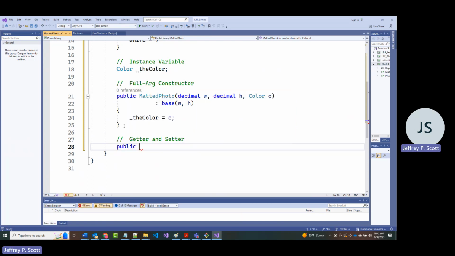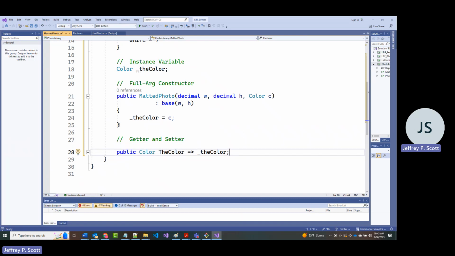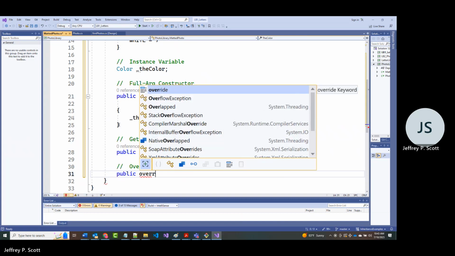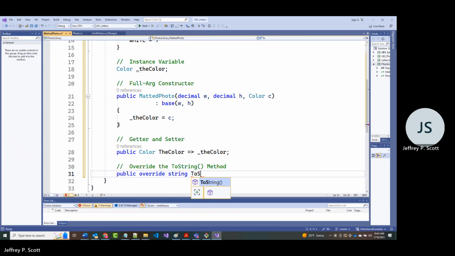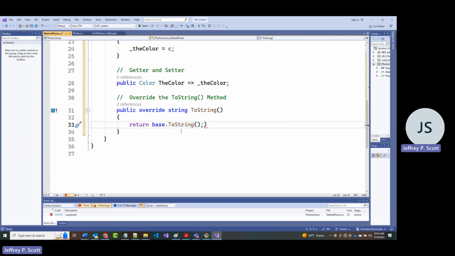And this will be a public color, the color. Could have just called it color too. I mean, well, that's actually what we call the enumeration. We could have called it probably a better name than the color, but it's all right. All right. We don't want that. We want base dot toString. We actually do want that. Plus